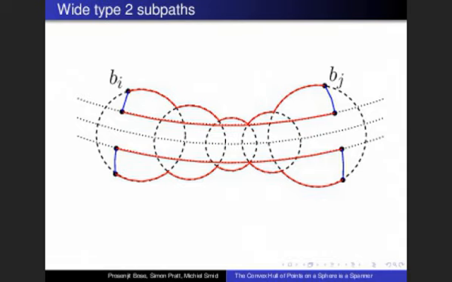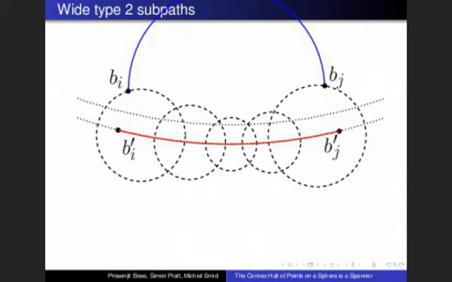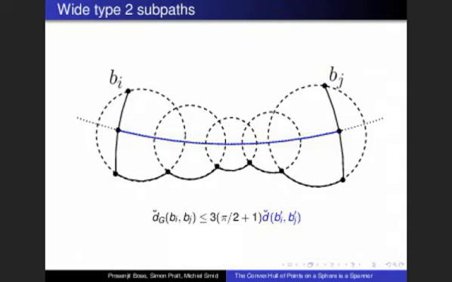first of all we can bound that distance along the boundary, of which we have 3, 2 for these sections of arcs, and 1 for the path that we followed in the beginning. We can bound each of those by pi over 2 times the width of our subpath. And so what that means is that the entire curve that we've defined is at most 3 times pi over 2 plus 1 times the distance between the start and end point on our subpath. And so